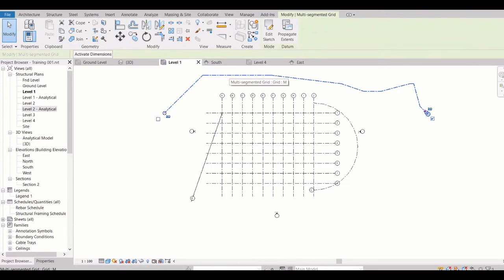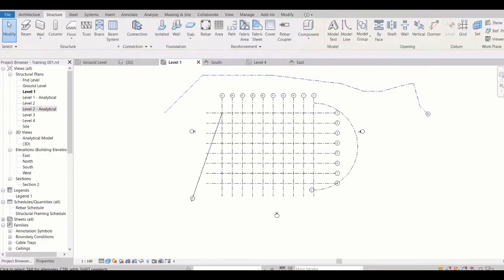Because earlier we used Revit only for building projects, but now there are so many challenges. We are using Revit for bridges, we are using it for different infrastructure projects, so that's why we can resolve issues with this one.